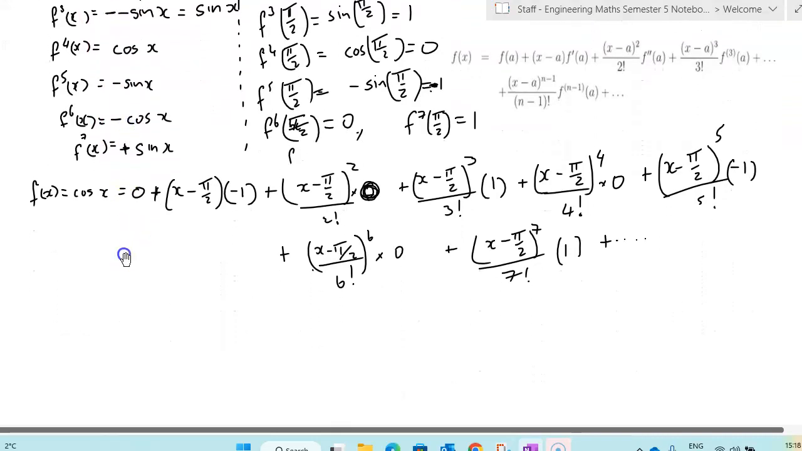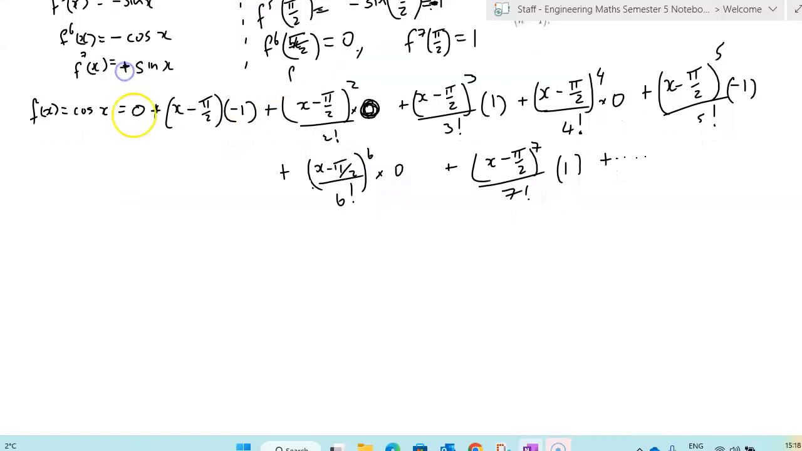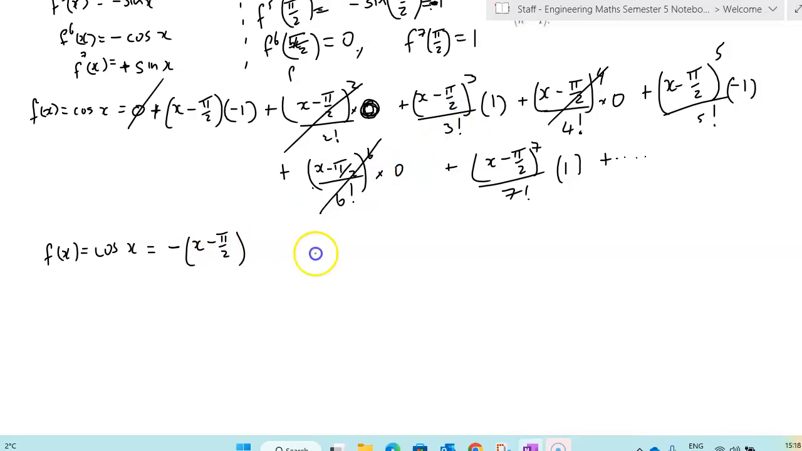We just have to tidy this up, right? So anything that's multiplied by 0 will be 0. So we can cancel out this one multiplied by 0, this one's multiplied by 0, and that one's multiplied by 0. And we have 0 to start, that goes. So now we can write f of x, which is cosine x, is equal to minus 1 times that. I can put the minus in front, minus x minus pi over 2. That's that. The next value that's non-zero is plus, and it's 1 times it, so it's just plus x minus pi over 2 cubed